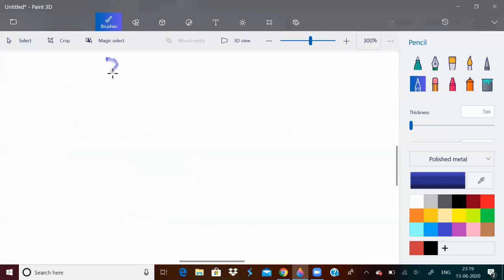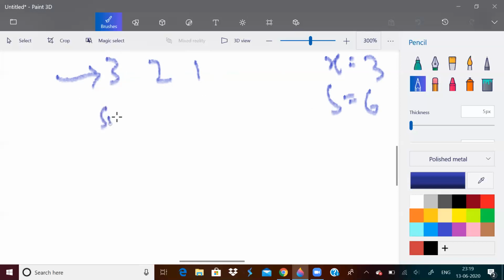So the given array was 3, 2, 1, x equal to 3, and sum s is equal to 6. 3 plus 2 plus 1 is 6. Let me first traverse the array from left to right. Let me check if sum minus a of I is not divisible by x.